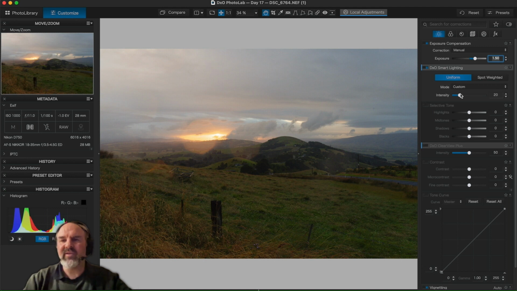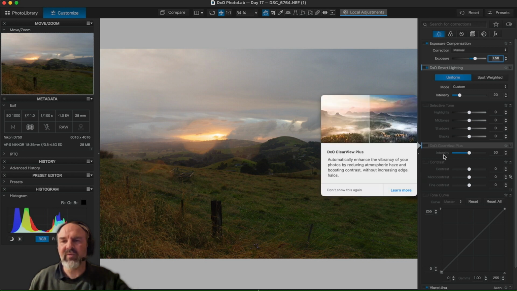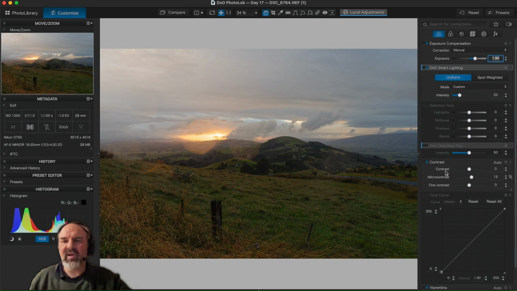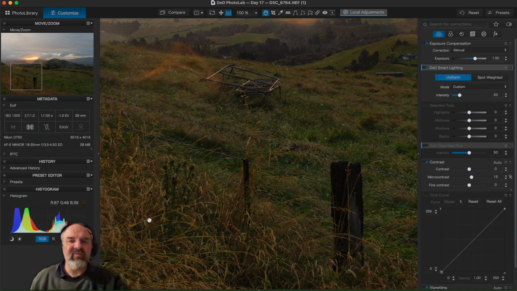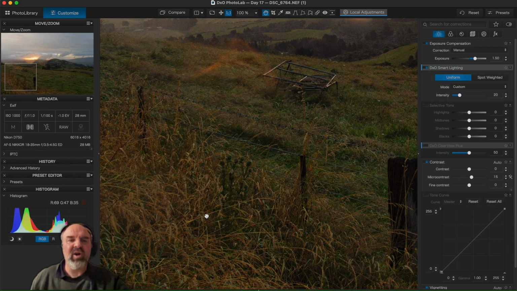So, alright, that's looking pretty good. I'm going to just pop down here. I'm going to skip selective tone. I'm going to skip clear view and come down to contrast. By default, contrast wants to put on an automatic amount of micro contrast, which gives the appearance of extra sharpness, but for this image, I'd actually like this one a little bit softer, and I don't want that extra sharpness,